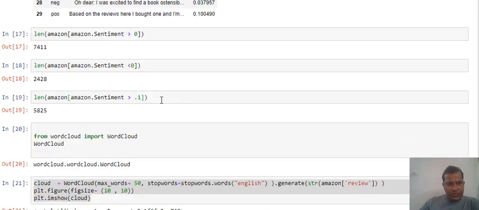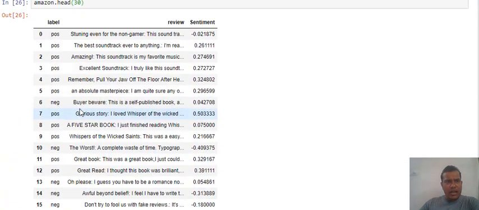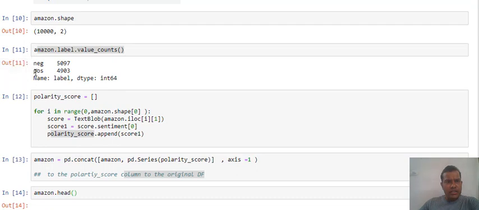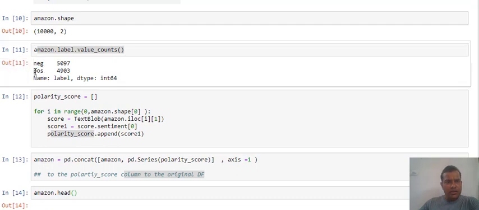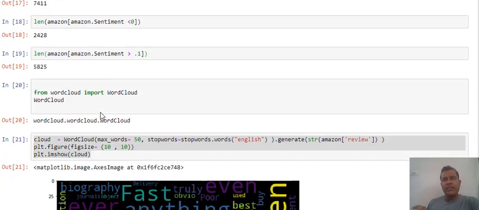So basically what I have done now is I will consider only those sentiments as positive for which the polarity score is more than 0.1 at line number 19, and then I am getting the value 5825. So I have taken around a 10% margin, and now this 5825 almost matches this 4903. So I can see that TextBlob is giving a very good result. The values marked as positive and negative in the original are almost similar in my TextBlob also.